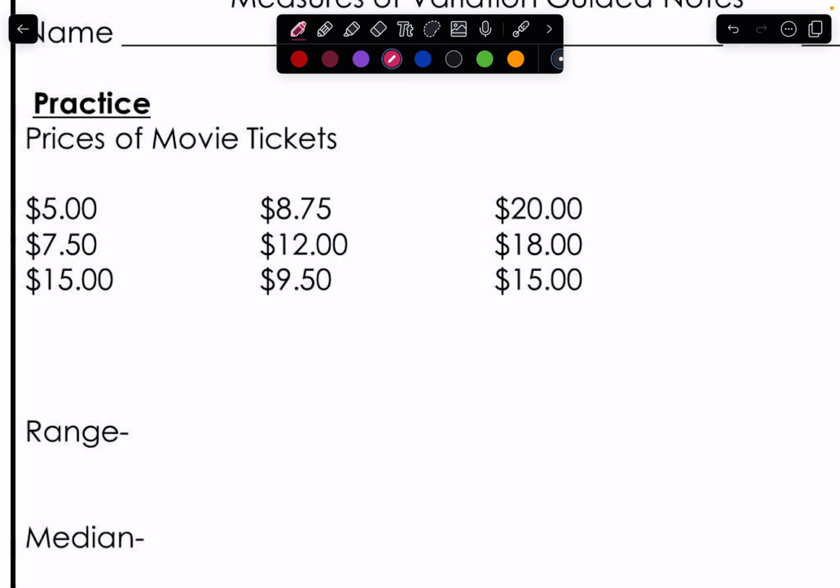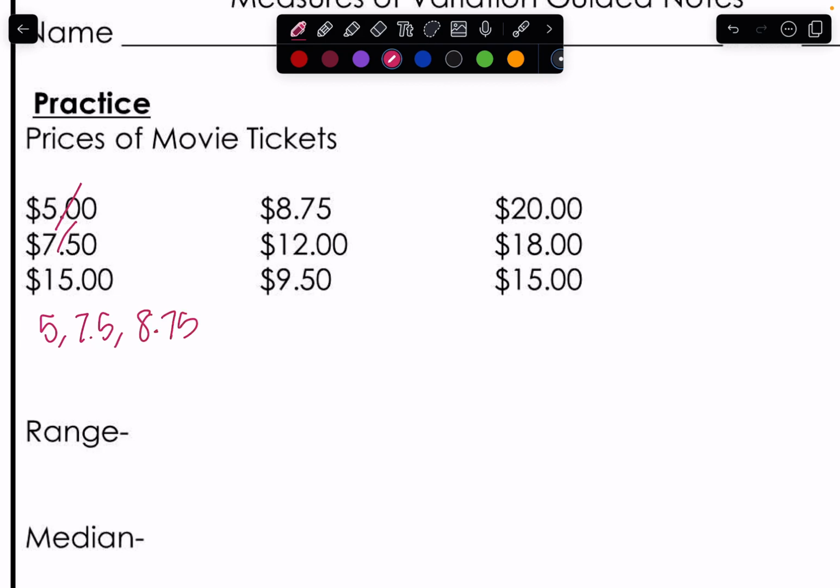We want to say smallest cost versus highest cost of movie tickets. So 5 is the smallest. You also don't need to write 0.00. Save yourself some time. You don't need to write those invisible zeros. So we have 5, then 7.5, then